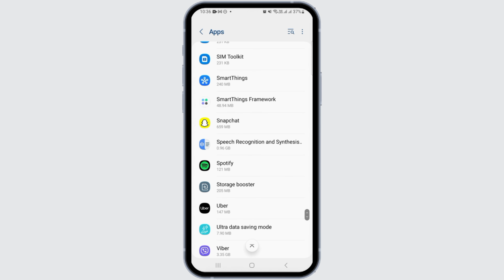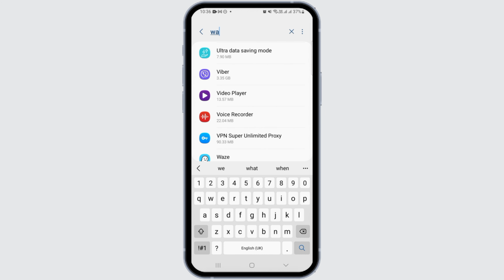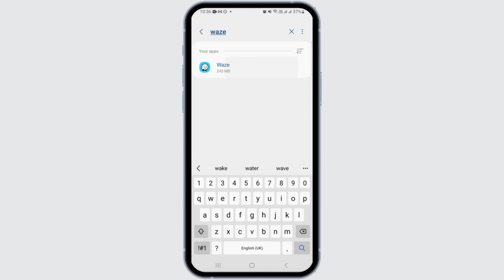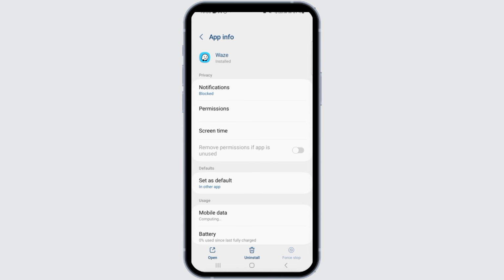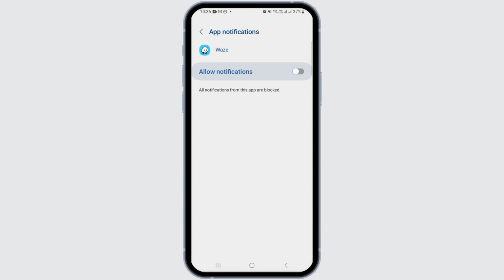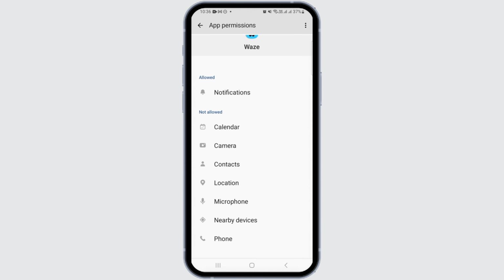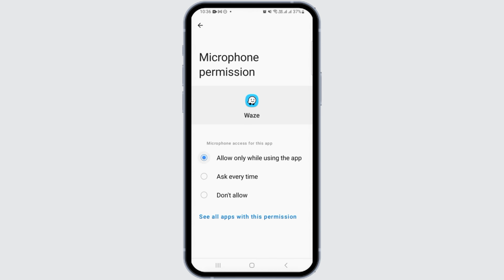If you do not want to search for it manually, you can tap on this search icon, then search for Waze. Once you find it, tap on that. Now, the first thing you want to do here is make sure the notifications is allowed for the Waze app. Next, you want to tap on permissions and make sure that all the required permissions are given on the Waze